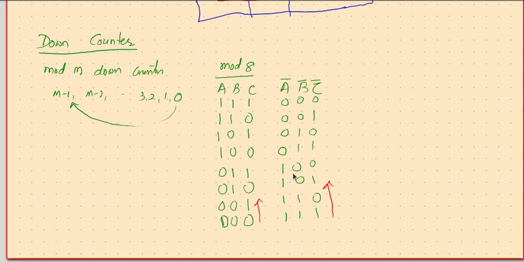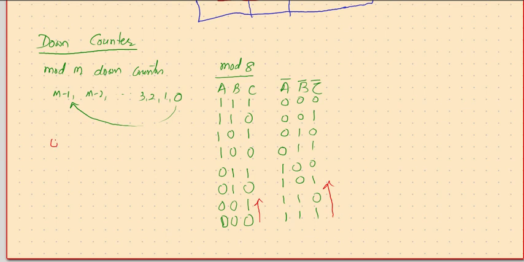Yes, that's it. So we can simply take the Q bar output and create a down counter. Yes, there is a warning. This simple strategy is possible only when you are using full counts.